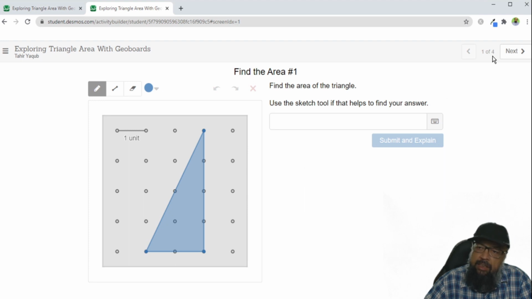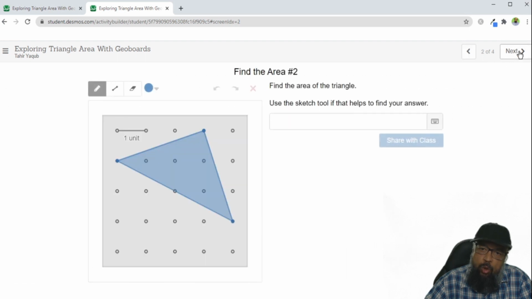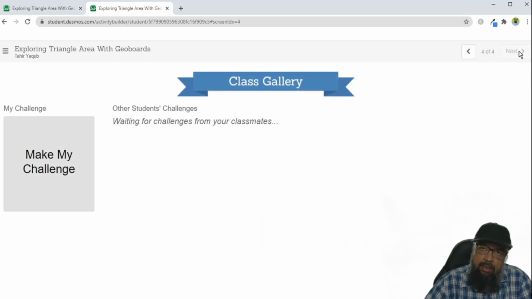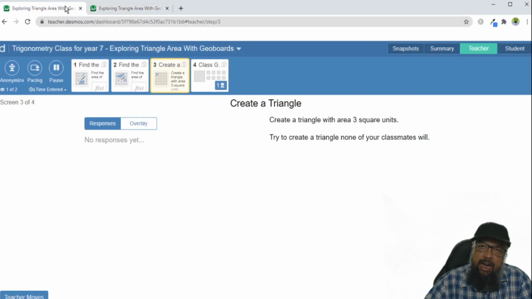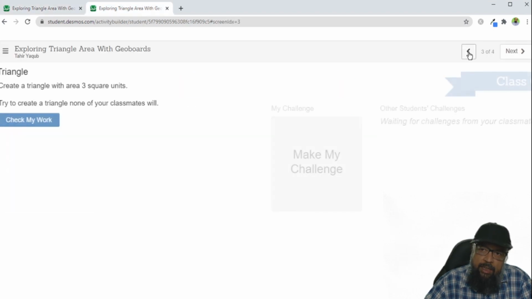In this activity, on the right hand side, there are 4 screens, and I can scroll and move to the next screen because the teacher is not restricting me at the moment. So there are some situations where you want to restrict students to 1 screen at a time before you reveal the next one. And now what is this activity? Let's have a look at the activity and try to understand what things students are learning in this activity. So let us go back to screen 1.